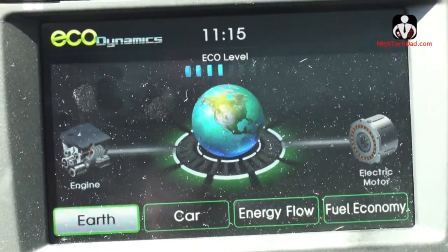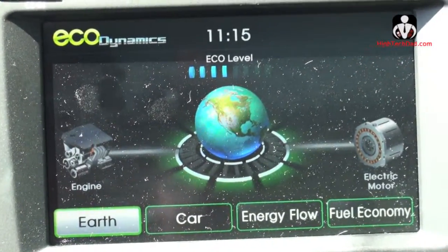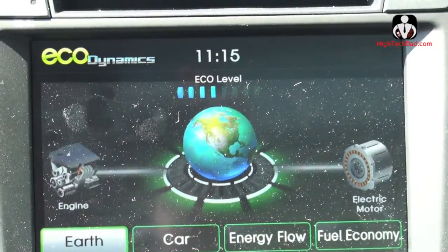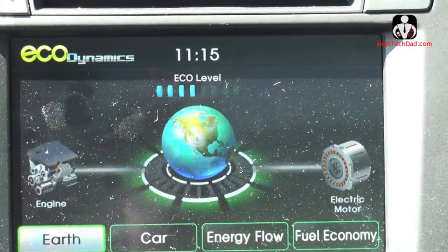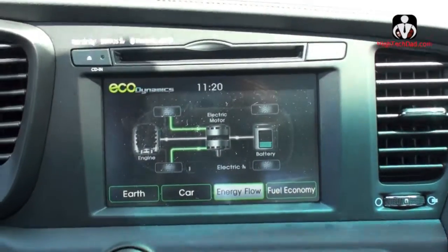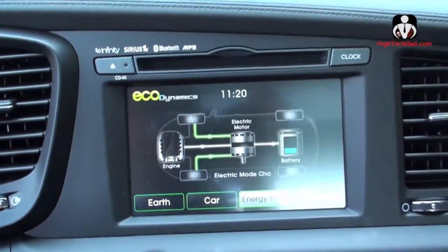You know, my kids kept cheering me on the closer I got to hitting that high level, and we got really excited once we did hit the best level. So it's almost like making the car a video game, and it's an environmentally conscious video game. So definitely enjoyed that. So here you can see as we drive on the hybrid display,